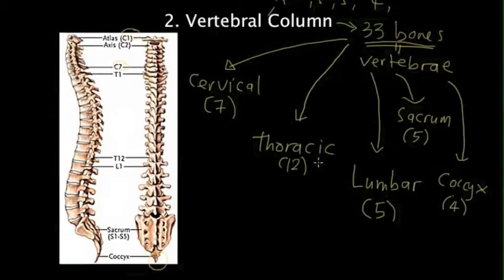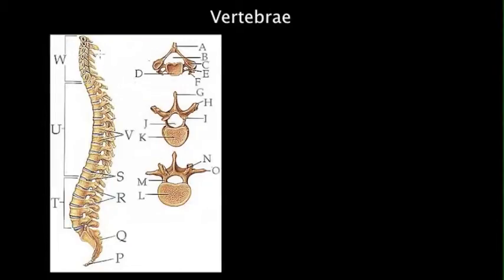Alright, now our next task is to get to know each one of these vertebrae individually. So let's change to another page. Here's the diagram of the human backbone, the human vertebral column. You can see here 3 different small bones, 3 different vertebrae. These 3 are the first 3 vertebrae that we discussed just now: the cervical, thoracic,